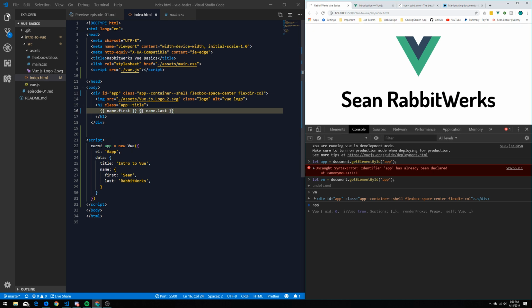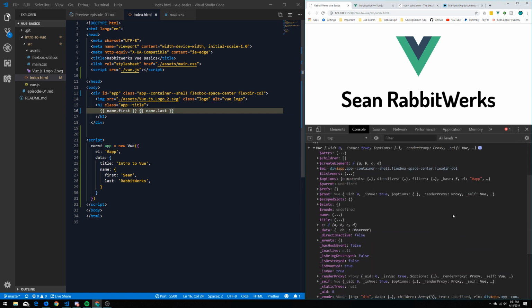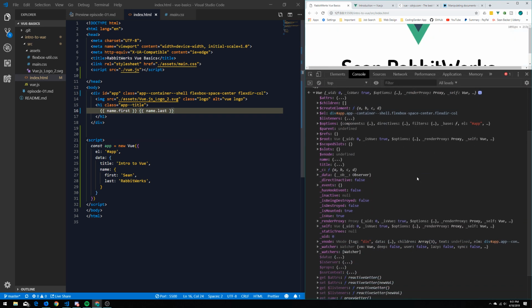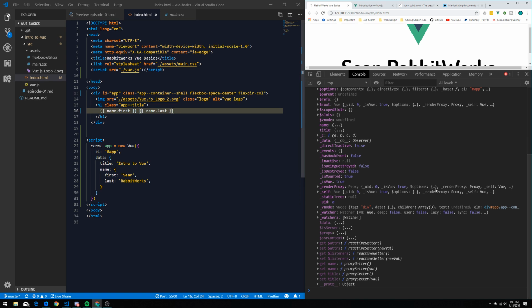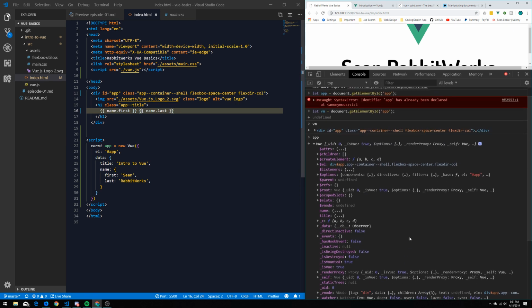So since we have it declared right here in our script, we can just log it out right away. Take a look at this, and you can see our Vue instance. So we have all this neat stuff in here. It's a lot of stuff. So you can go in here and take a look at everything that it has